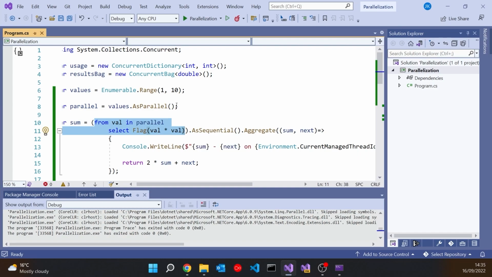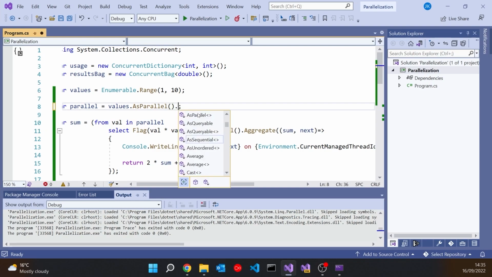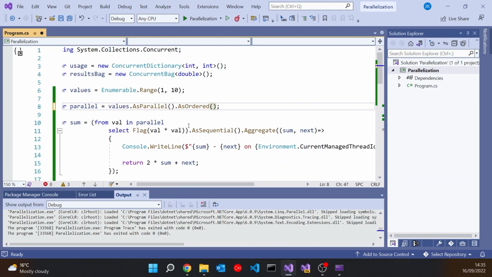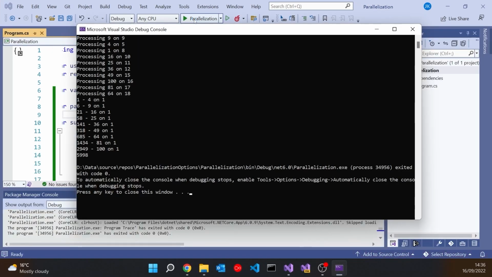So what we have to remember to do is, as well as using AsSequential to get us back on the single thread, we've got to do the AsOrdered so that the results coming out of that are reassembled into the correct order. So we'll then get them running okay. So in that case, we should now see that this processing is happening randomly and on multiple threads, but this processing is happening in sequence and on the main thread as well. So we're there getting the best of both worlds.